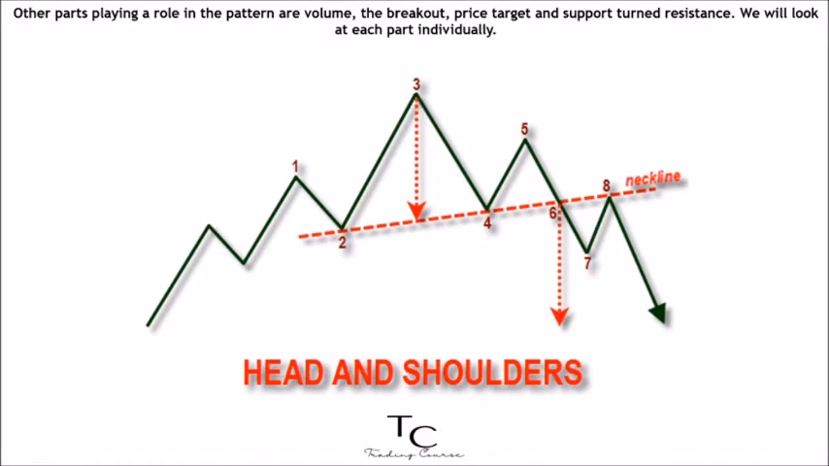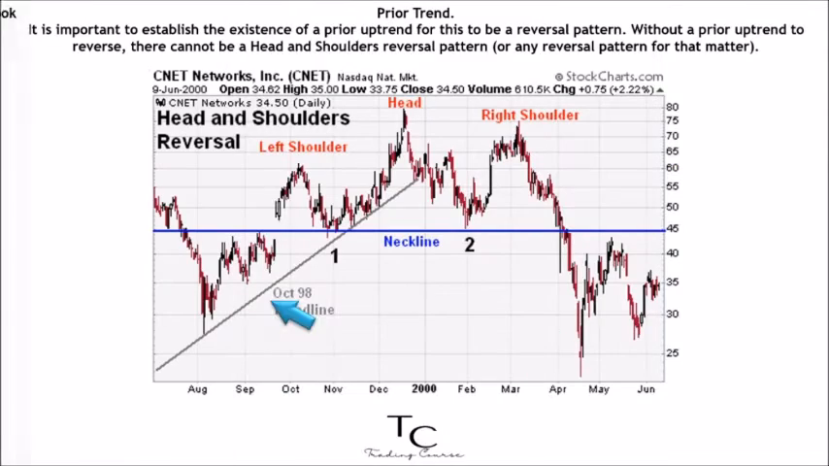Other parts playing a role in the pattern are volume, the breakout, price target, and support turned resistance. We will look at each part individually. Prior trend. It is important to establish the existence of a prior uptrend for this to be a reversal pattern. Without a prior uptrend to reverse, there cannot be a head and shoulders reversal pattern, or any reversal pattern for